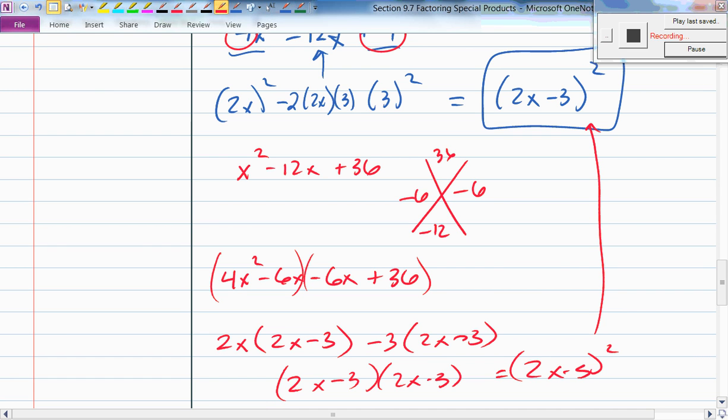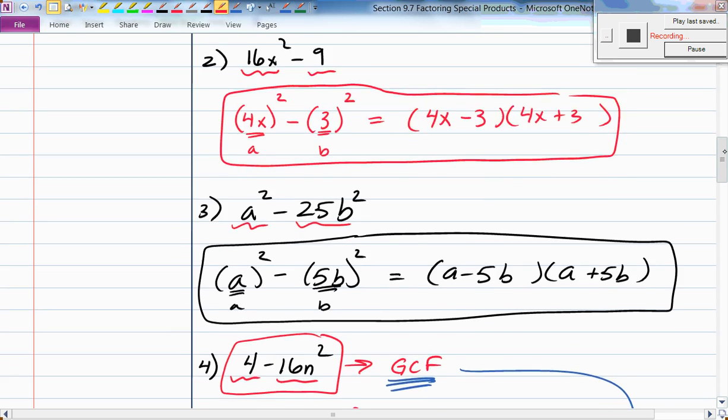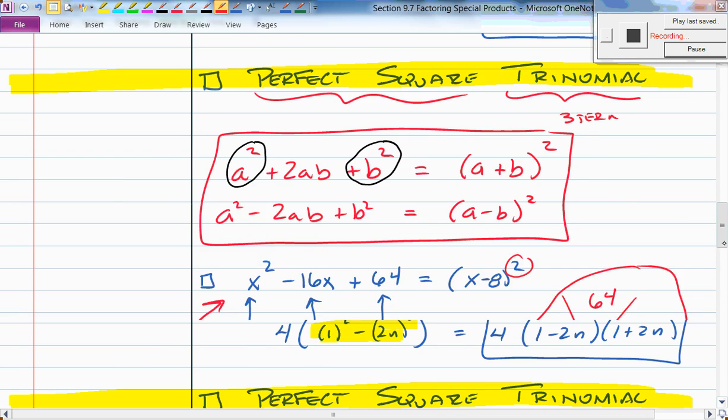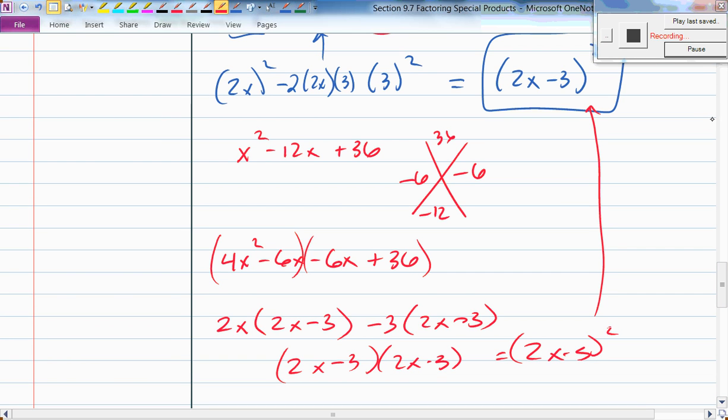So it doesn't matter to me which way you guys want to do it. I just want to introduce it to you. The more important one, I think, for now, for you guys, is the difference of two squares. This one, okay? I'll put this back down for you. But it doesn't matter to me which way you ever want to do it. So we have two new special products today. They are the difference of two squares and